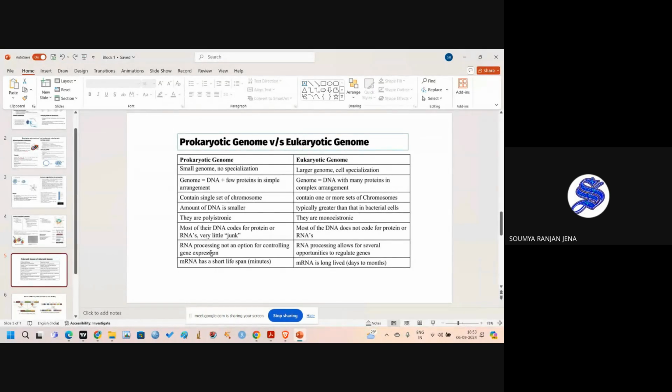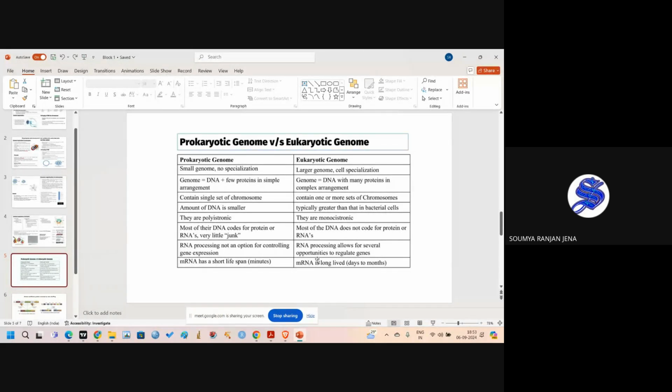Here, RNA processing is not mandatory for gene expression. And here, RNA processing is required, because after DNA is transcribed to RNA, this RNA is translated to proteins. Then how this RNA is processed, we can discuss further. Then the mRNA has a short lifespan, in minutes. Here the mRNA is long lived